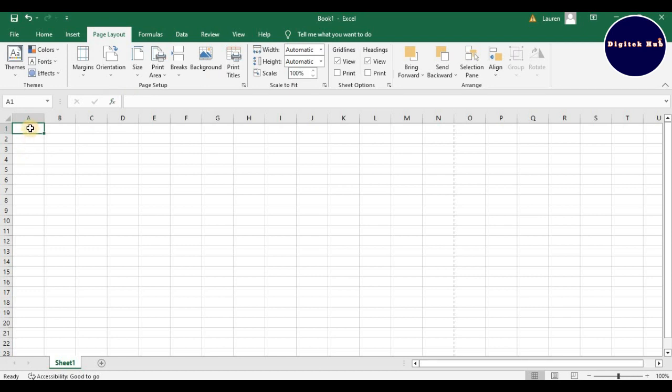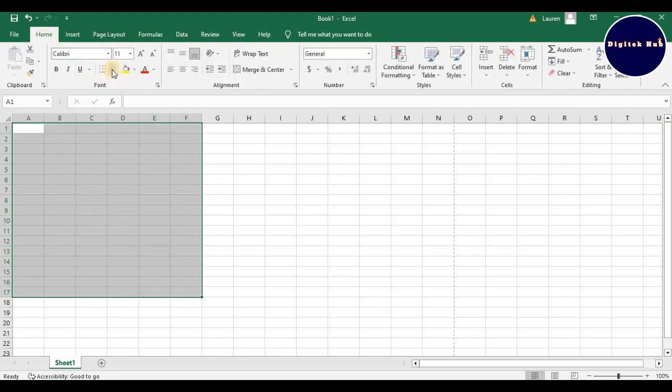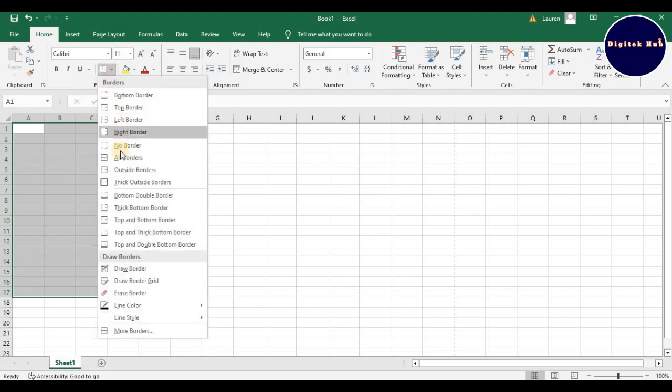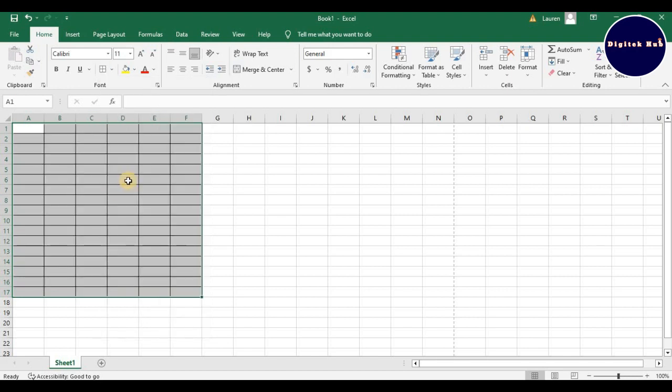All right, let's say I want to print from A to F. I just want to print only this one on paper. Don't forget that I said that you need to put border, because this line will not show. Do you remember? So you need to put all borders so that they will show the one that you want to print. So let's say I want to print from A to F. Now